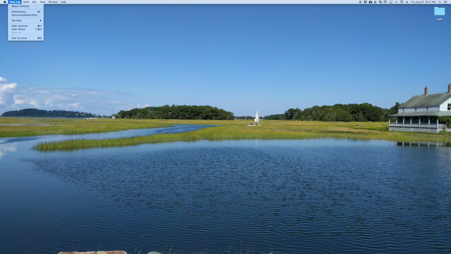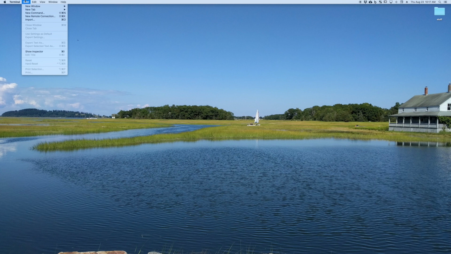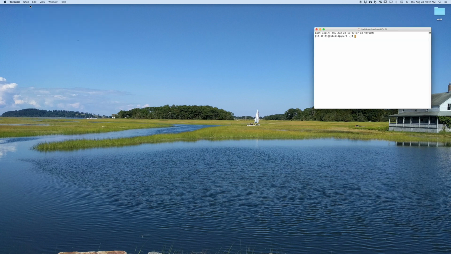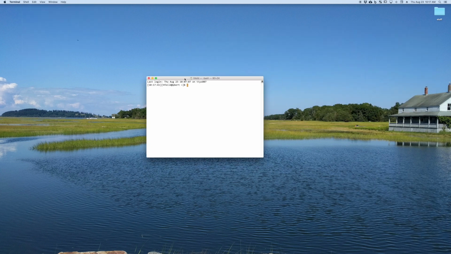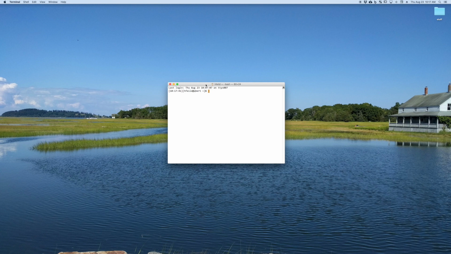I have this open in another window, so I have to open up a new shell, so I'm just going to say new window. Okay, so it's very easy on macOS to install a C++ compiler if you don't have it installed already. So once terminal is open, just go ahead and type in g++,